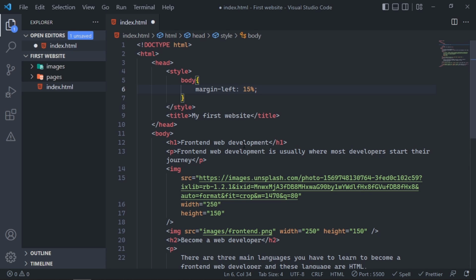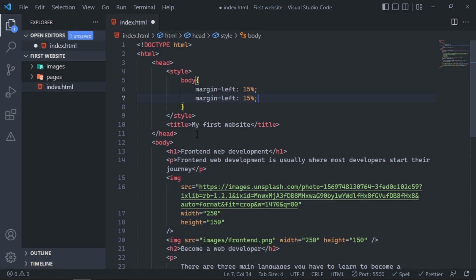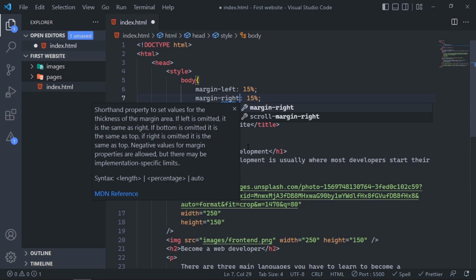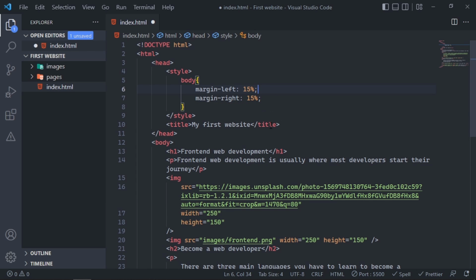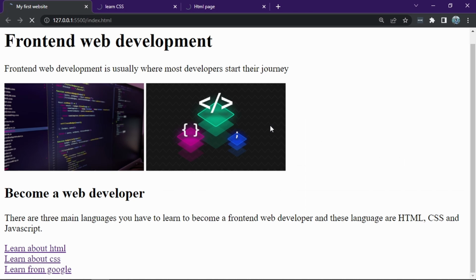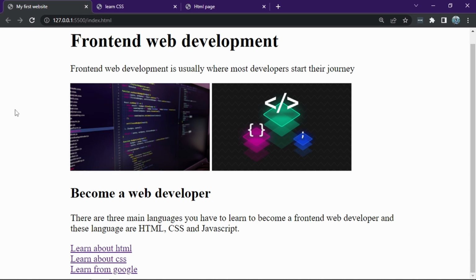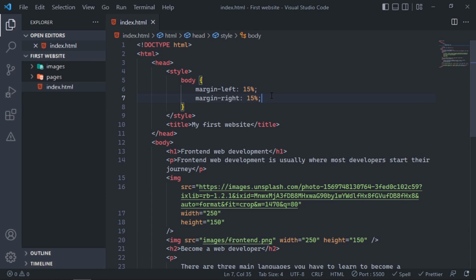And we also want to give some margin to the right of 15%. If we save this, let's take a look at what we see on our browser. We see that the content has given some margin of 15% of the screen to the left and 15% to the right. So what we can do as well is, let's say we want to give the whole body of